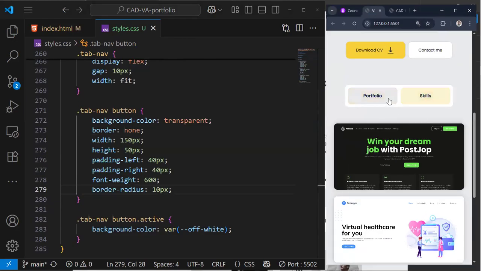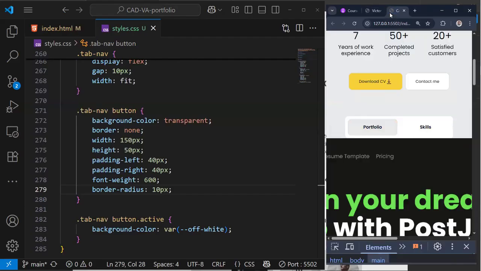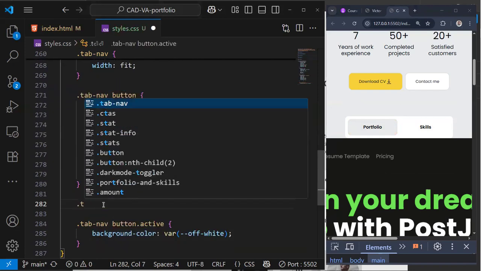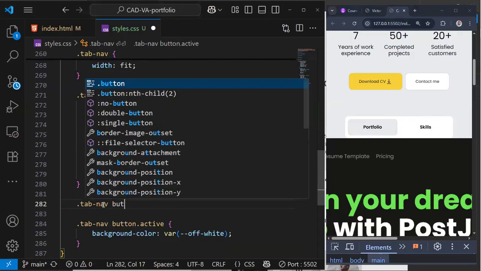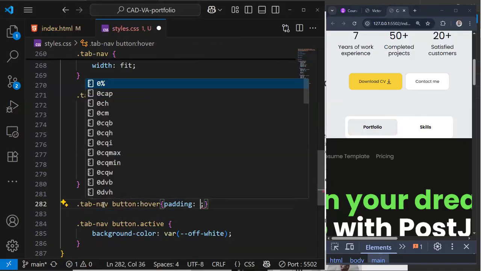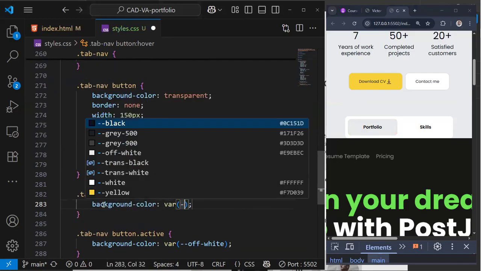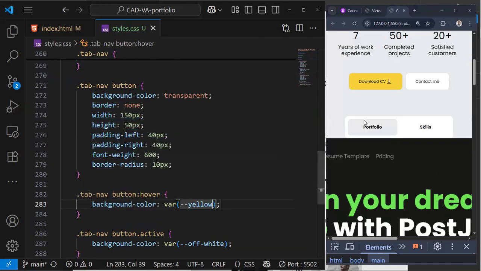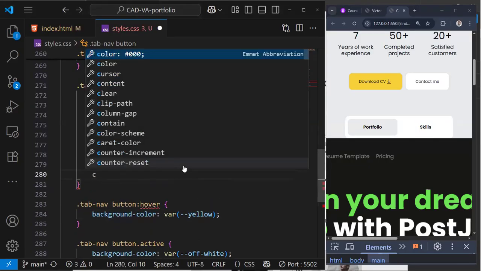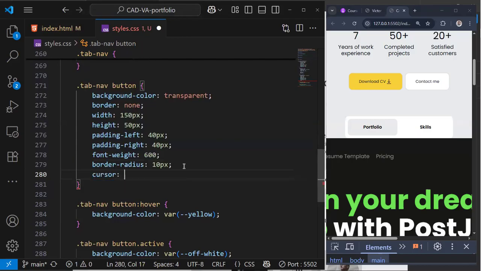So now we need to deal with the hover state. You see when you hover over these buttons, they change from whatever color they have to red to yellow, right? So we need to change the hover state. So we have tab nav, sorry, button hover state, and then we change the background color to a variable of yellow. All right, so you see that it changes. Also, we need to change the cursor to a pointer